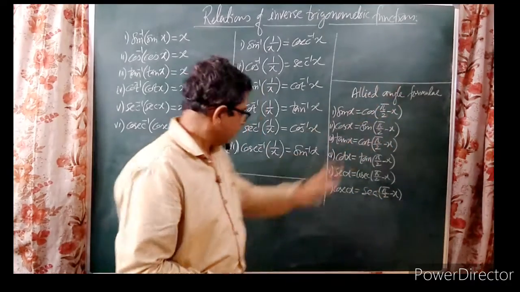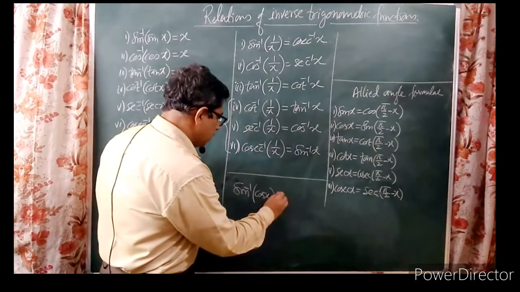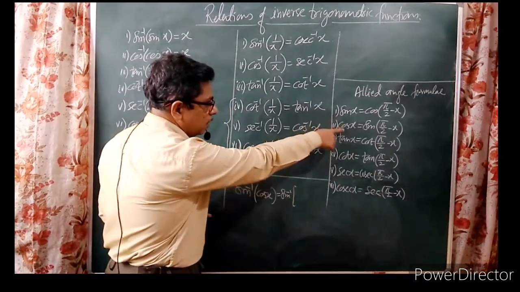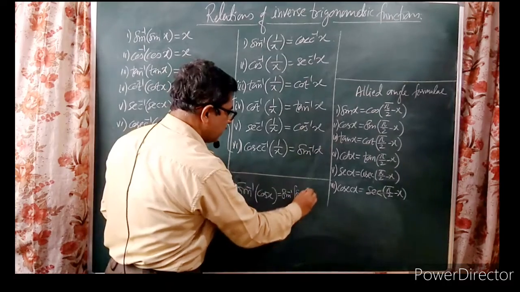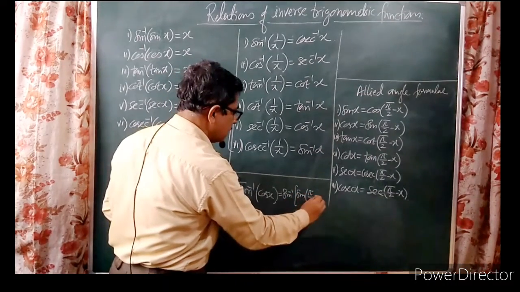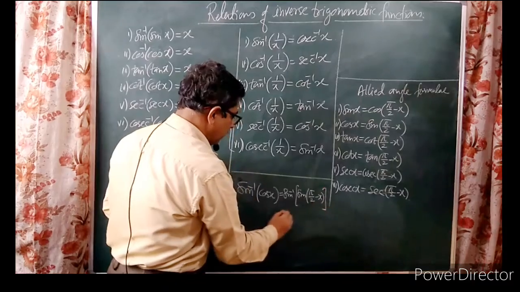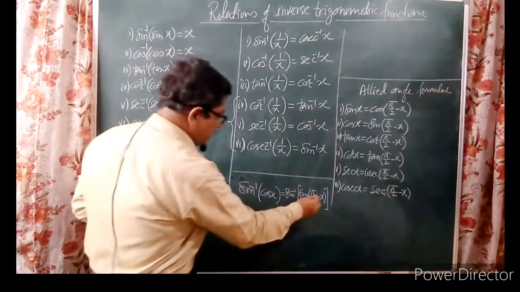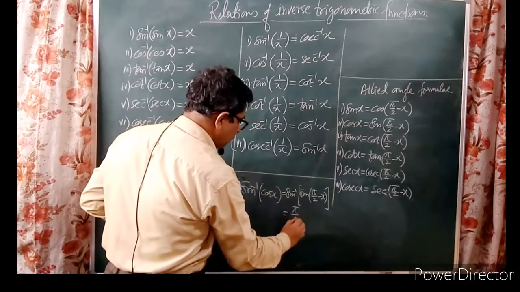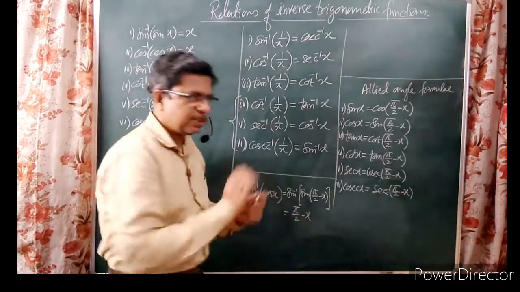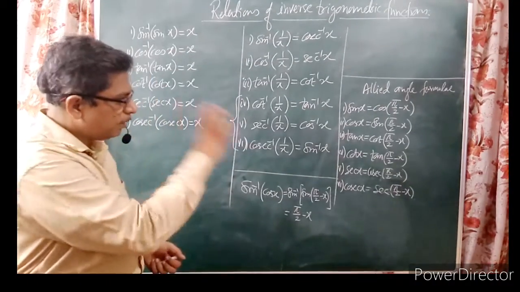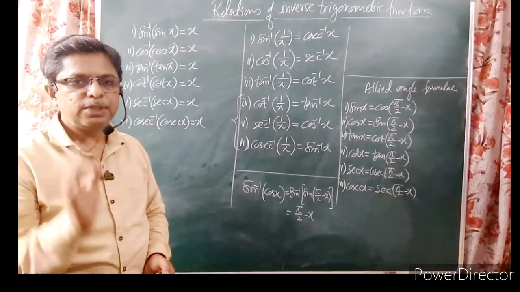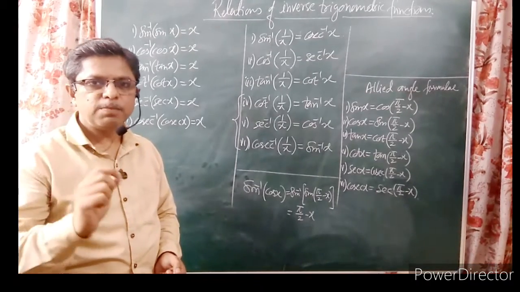Okay, so see what we can do. Now I will write this as sine inverse of cos x. See here, cos x can be written as sine of pi by 2 minus x. And now sine inverse and sine get cancelled by this relation. We are getting it is equal to pi by 2 minus x. So this is the simplified form. So just note these formulae, and we'll use these formulae to solve the examples of the second type.